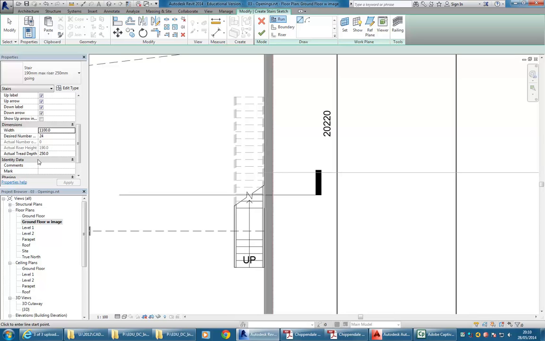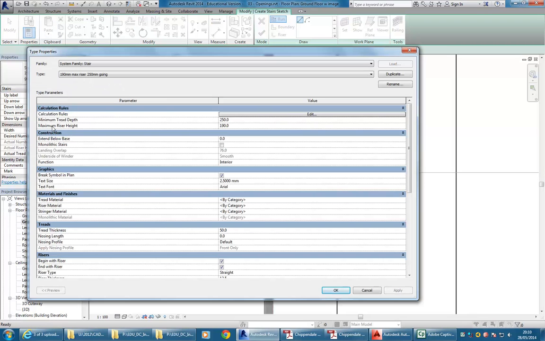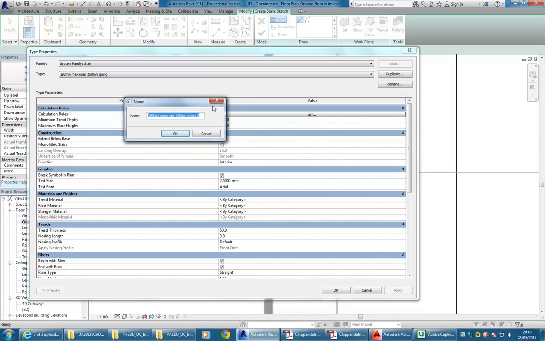Yeah, well, no, that's the tread depth. But yeah, so oh no, can't live at 24. We've got to make the number of stairs that are there. So we've got to make Revit give it to us. So if I go to Edit Type, you can see here the maximum riser height is 190. That's why it's limited. So I've got to duplicate, and I'm going to call this